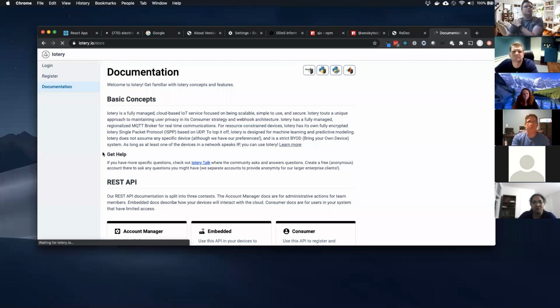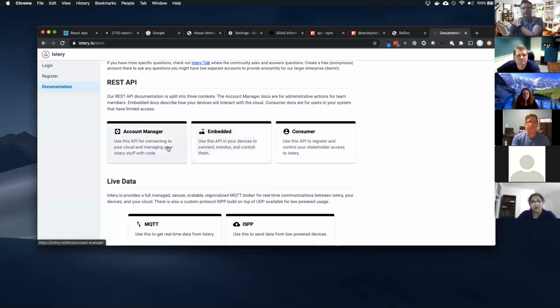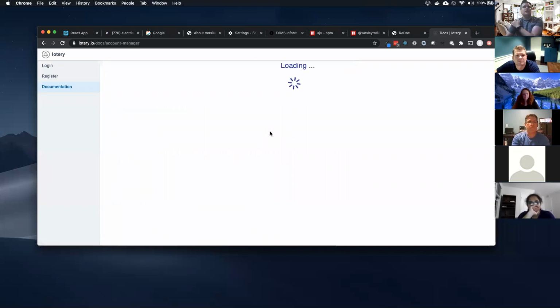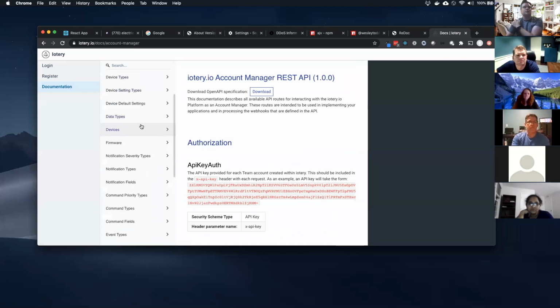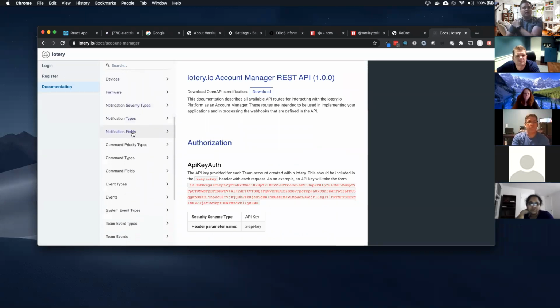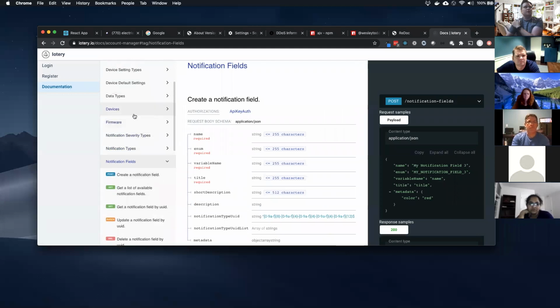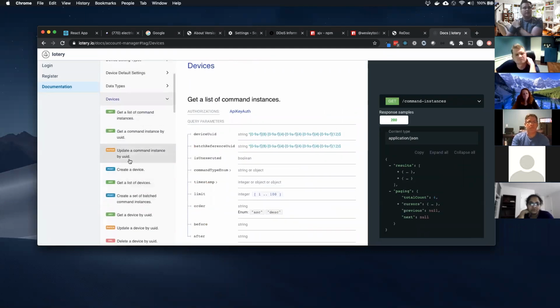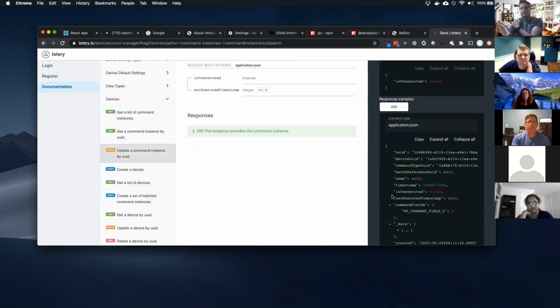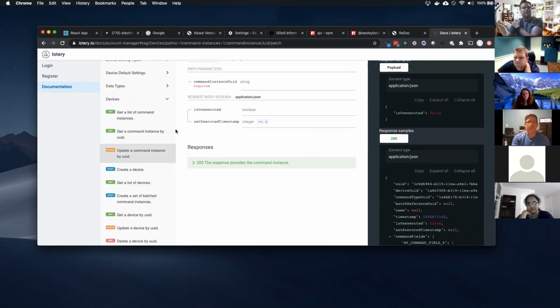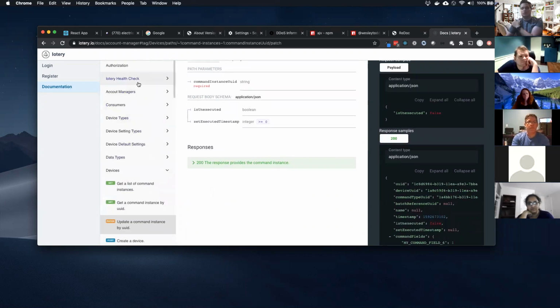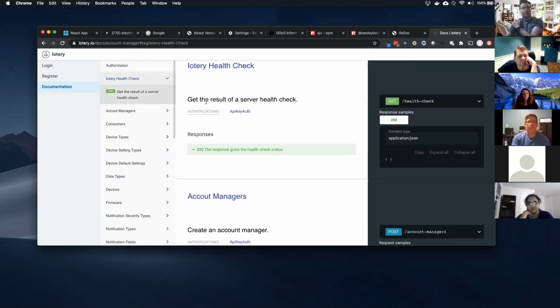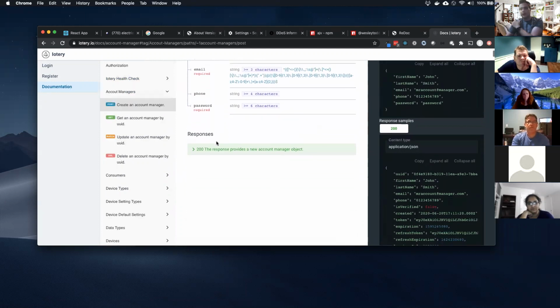We'll go to documentation, and you'll notice we've built an entire documentation platform that will take you to specific APIs, so you can see how massive this API is. You have notification fields, firmware, devices, and all those different things. So you can see how in depth these can get. But Redoc does a really nice job of generating this for you.